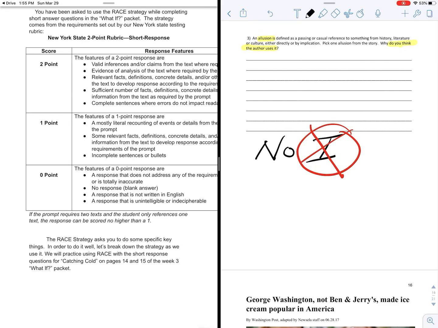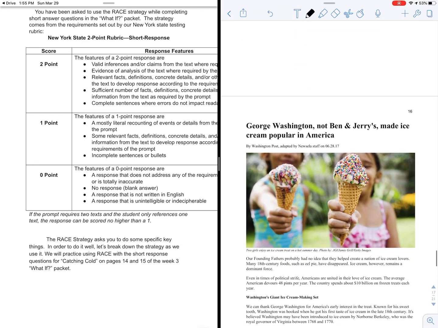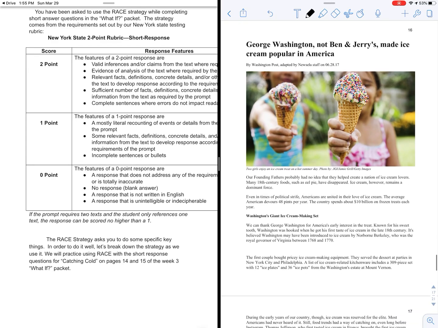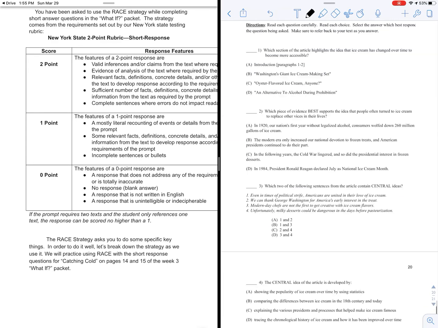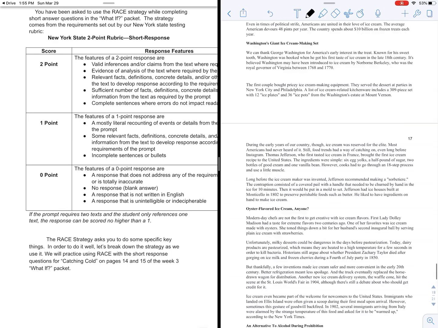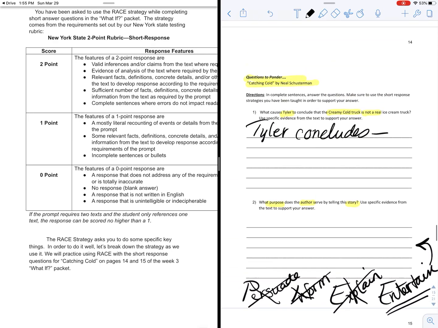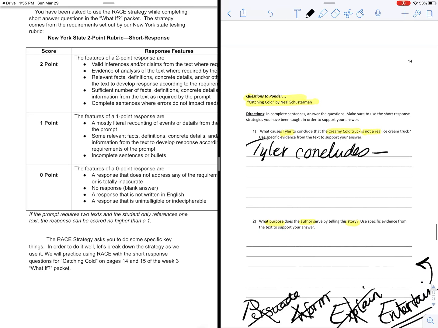The sheet starts by showing you what your answer is required to have in order to earn full credit. And then please also don't forget, you don't have an Achieve article this week, but we do have a nonfiction article, which is attached to Catching Cold. It is only 4 multiple choice questions, so it's super duper easy. I do want you to spend the majority of your focus this week trying to get the RACE strategy perfected on those Catching Cold questions, all right? Have a terrific day, guys.